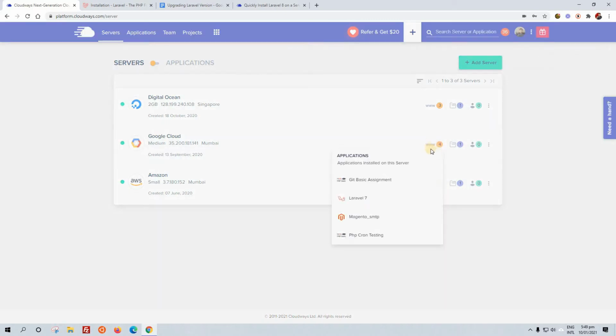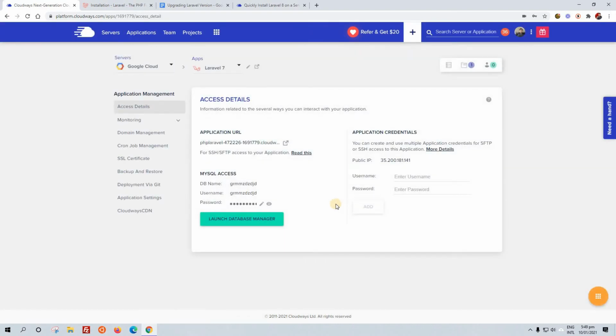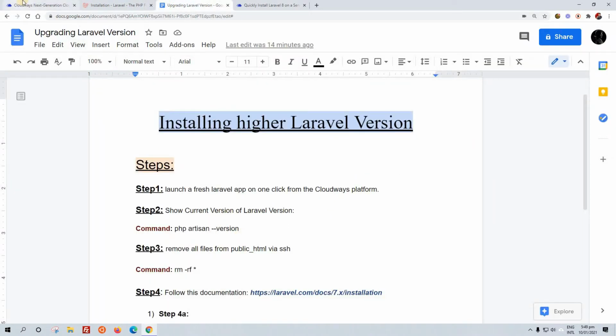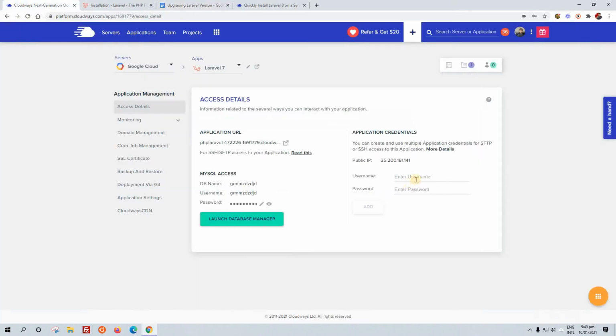So we are going to click on this icon and go to our app. For this purpose, to show the Laravel version that is installed, we are going to first create the application credentials.